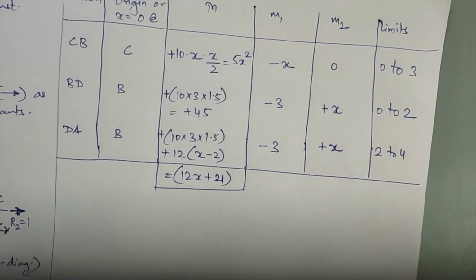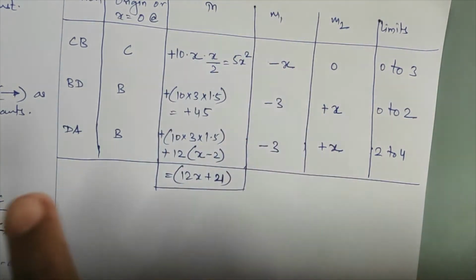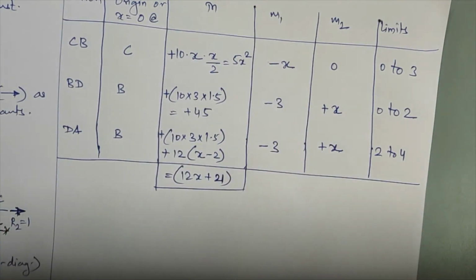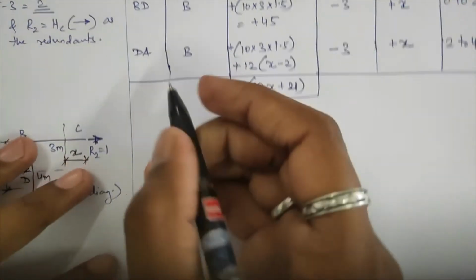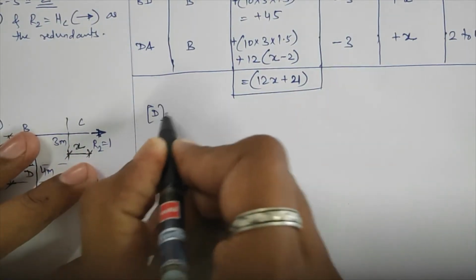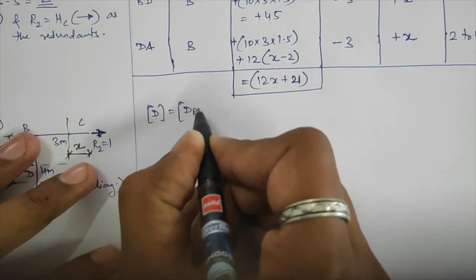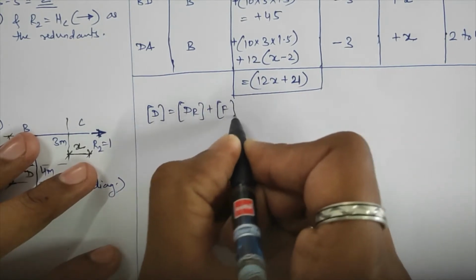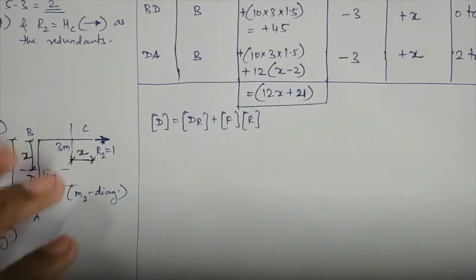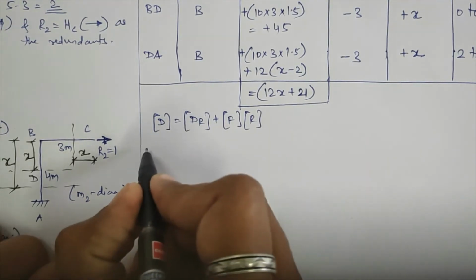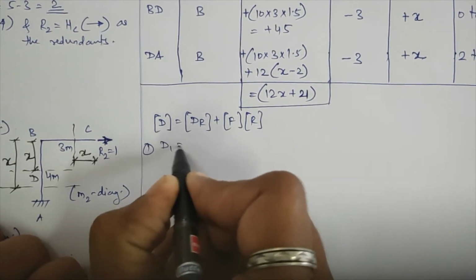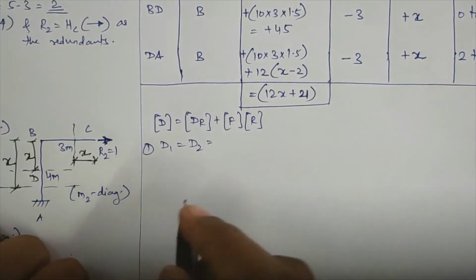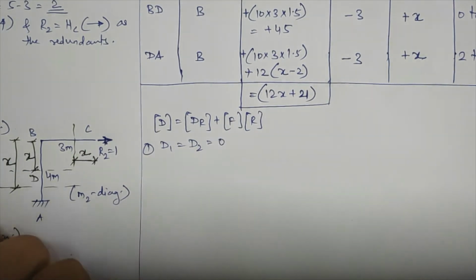Remember one thing, if the values in the moment table come wrong, your whole numerical further will go wrong. So take your time and try to solve this moment table very carefully. Okay. Now we'll see our basic equation, that is D equals Dr plus F into R. I will solve for one by one. First, D values D1 and D2: you are not given any displacement condition over there, so that will come equal